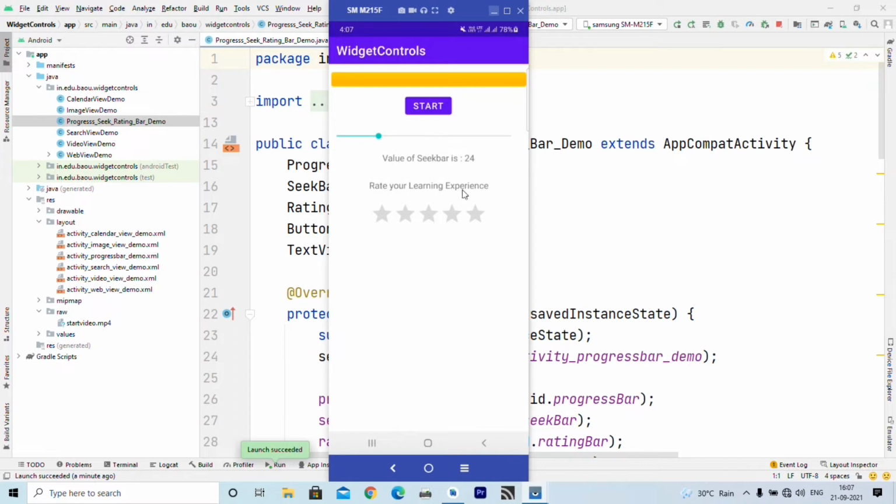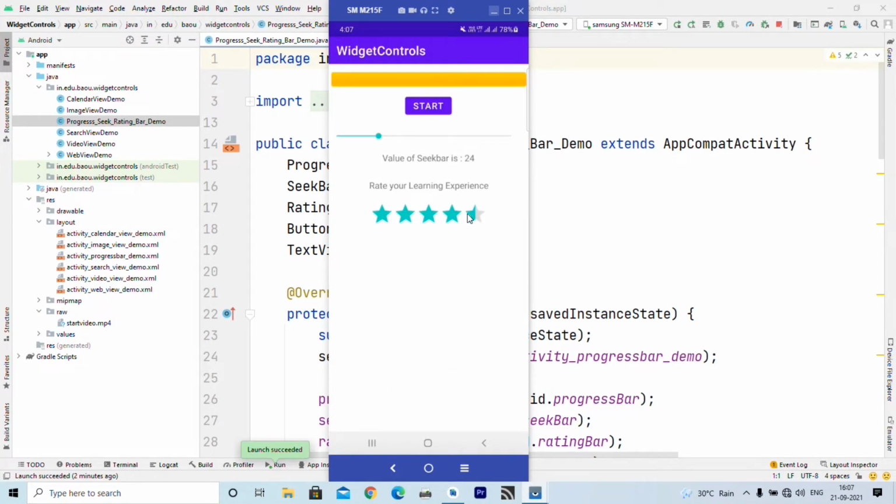Now here I write "Rate your learning experience", and when I click on the last star, it displays rating is 5. If I click on the fourth star in between, it displays 4. Now you can also display 3.5 or 4.5, right?